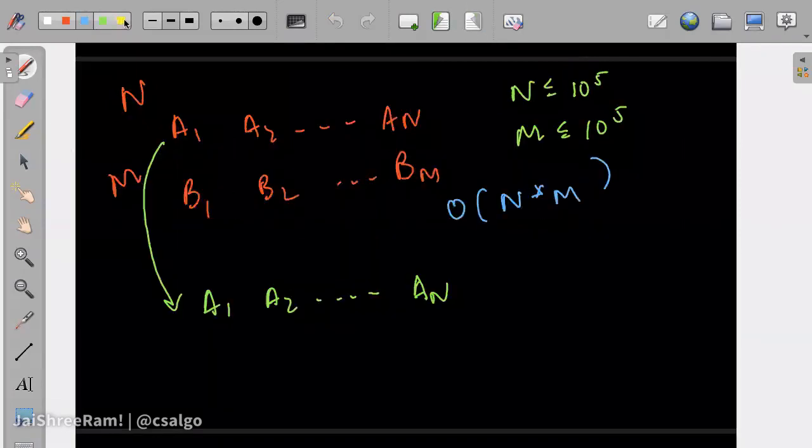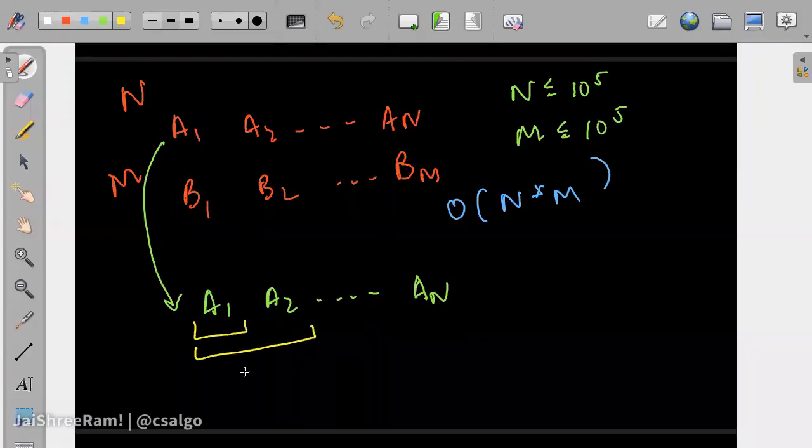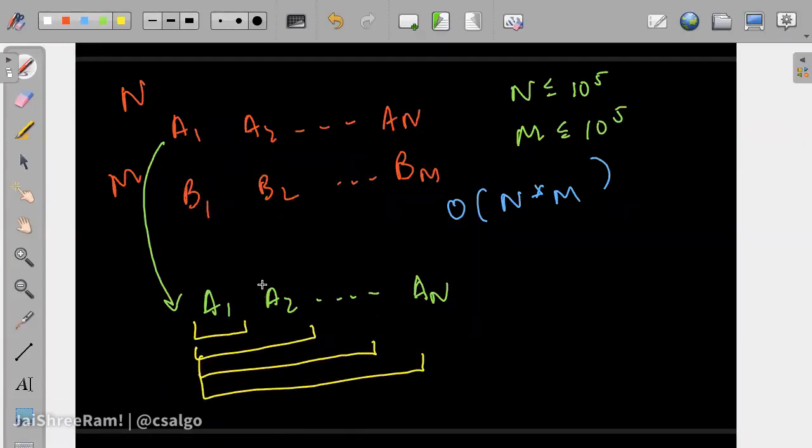Now let's take a quick look at the values that are being used. When we are using values to judge whether a budget is sufficient or not, what we look at is either we take this element, or this much, or this much. So these individual values are not that useful. Instead, the prefix sum of this array is more useful, right? Because those are the things by which we are deciding whether we can take that item or not. So we convert this array to its prefix array form as well.